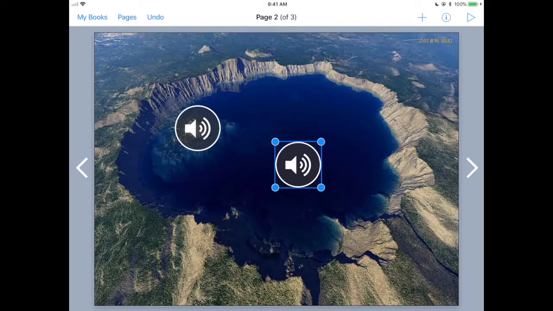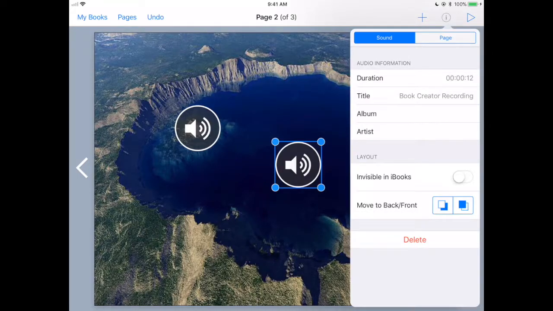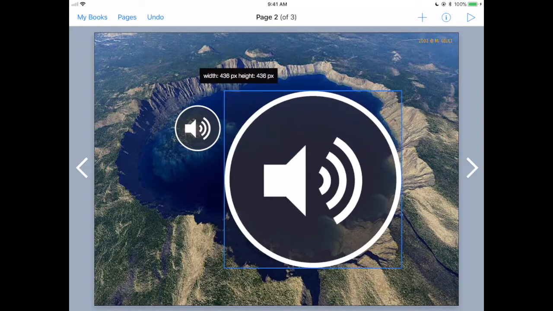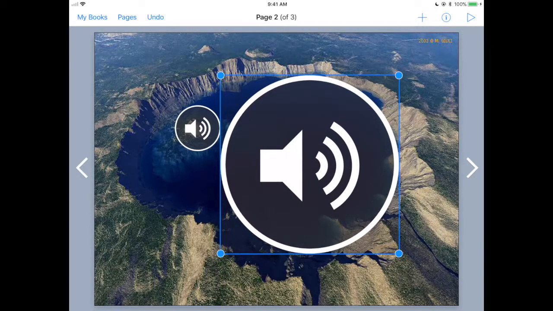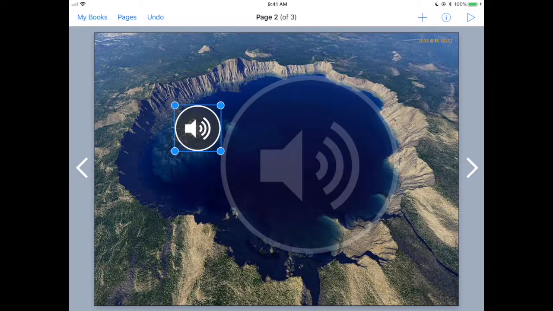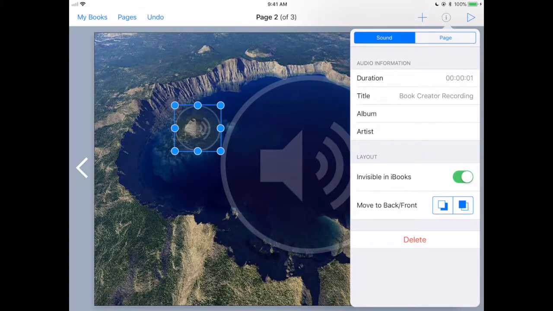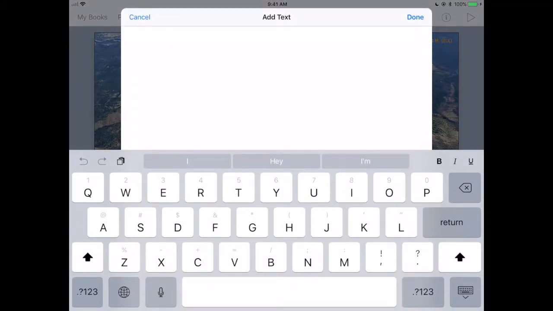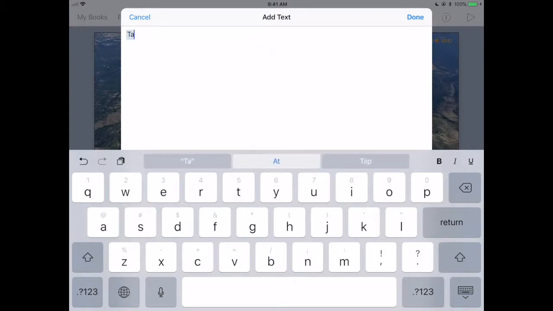And let's say I want to describe something else. I have a bunch of different audio clips within this one page. Now, if I make these invisible, let me make this one a lot bigger because I want them to be able to click anywhere on that lake to get to it. If I make these invisible, they're not going to see it in iBooks, but I could give them a prompt. I could say, you're not clicking, sorry, you tap on feature